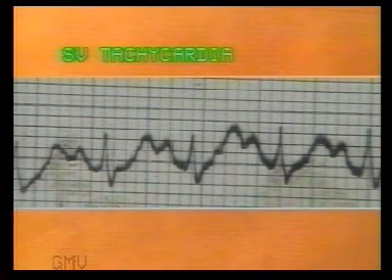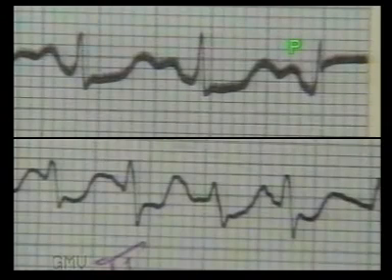In this ECG, the RR interval is 8 millimeters. So the rate is 186 per minute. P waves are present. QRS complex is normal. So this is paroxysmal supraventricular tachycardia. To put it in very simple words, only when the RR interval is less than 10 small squares, call it a paroxysmal supraventricular tachycardia.